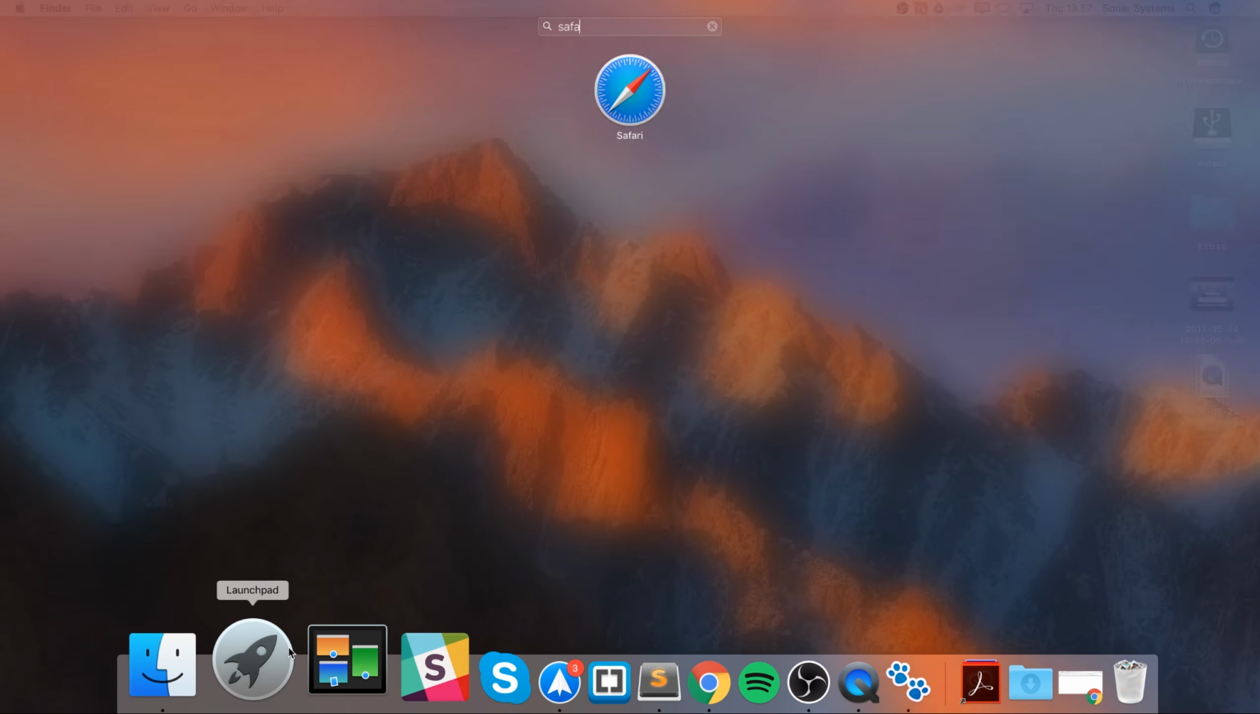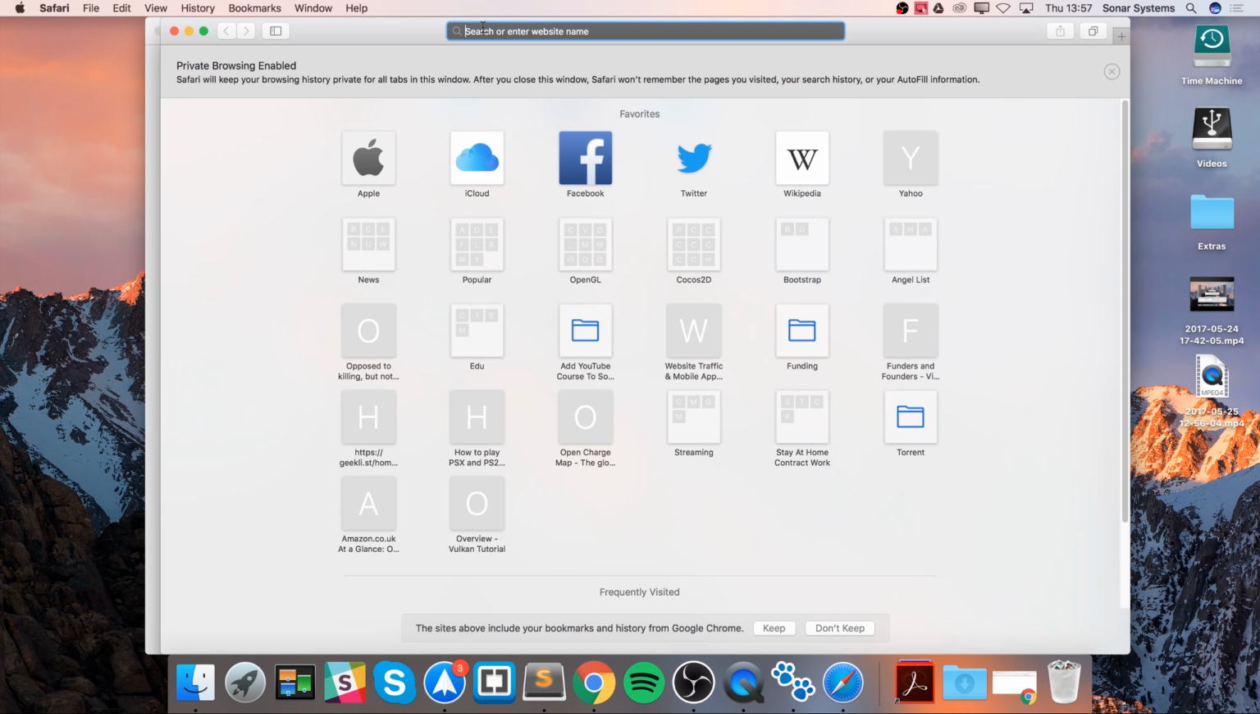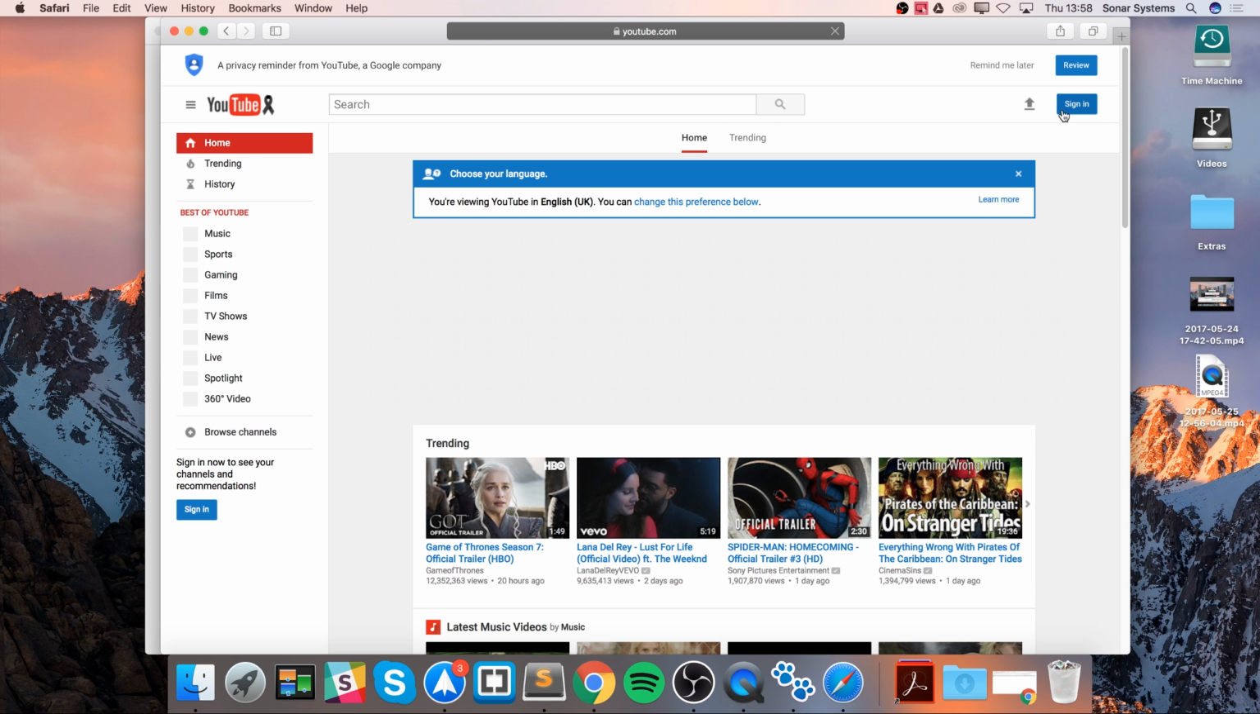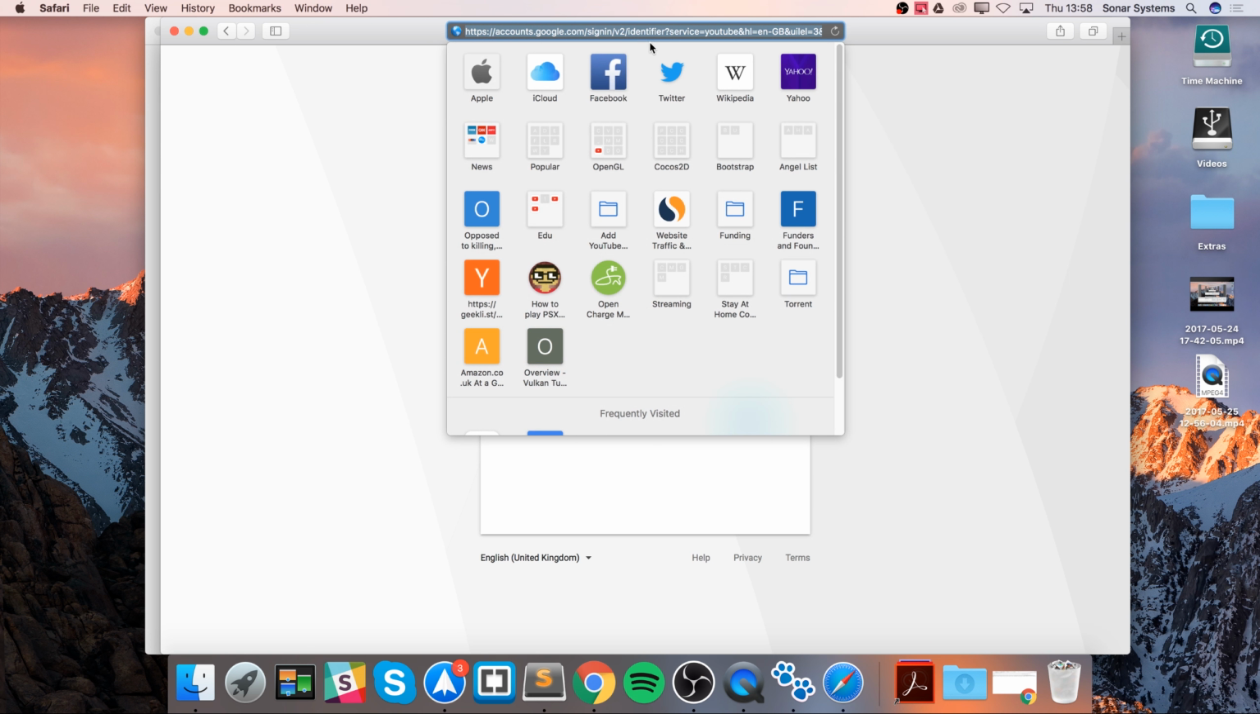Launchpad, Safari. Yeah, let's do new private window, so make sure nothing's logged in. So if I were to go to youtube.com, for example, if I click sign in, it takes me to accounts.google.com. So in here, it's got identifier, so the service, so YouTube. So it's got basically what language, what country you're from. UILEL, not really sure what that is. Passive equals true. I think that's to do with